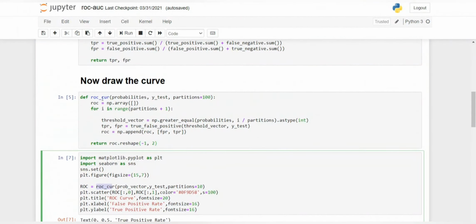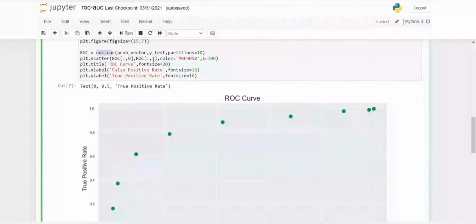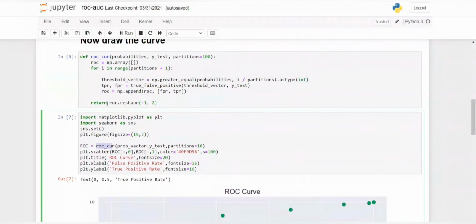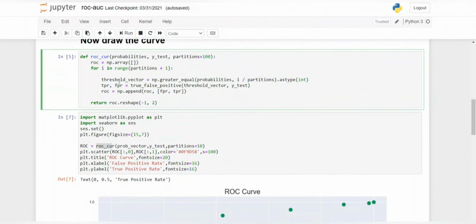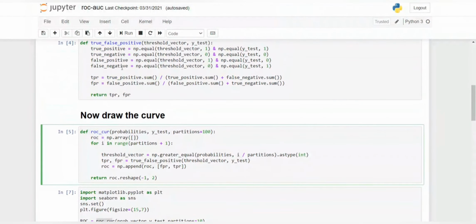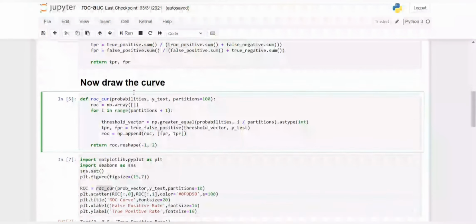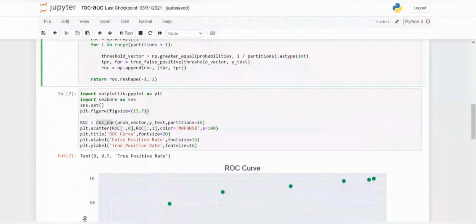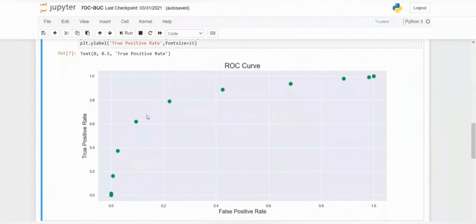Here we have called this function, and in brackets we passed probabilities, y_test and partitions. Then it will return the ROC curve, which will call the TPR and FPR function. This function will return true positive and false positive rate. So based on all these values, we got the ROC AUC curve.